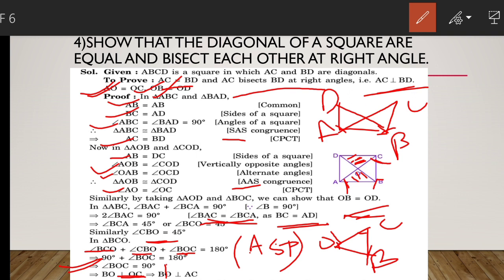So this will be BD. BD is perpendicular to AC. So our third proof is also proved. That is, AC is perpendicular to BD is proved. AO is equal to OC and OB is equal to OD is also proved. And the diagonals are equal, this is also proved. So all these three things are proved. So this is how we move on when a certain quadrilateral is given. Some properties are provided to you and you have to prove the rest of the properties of that same quadrilateral.